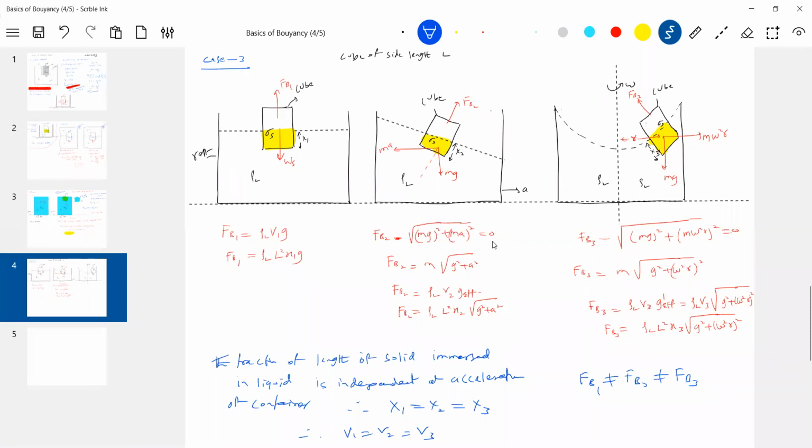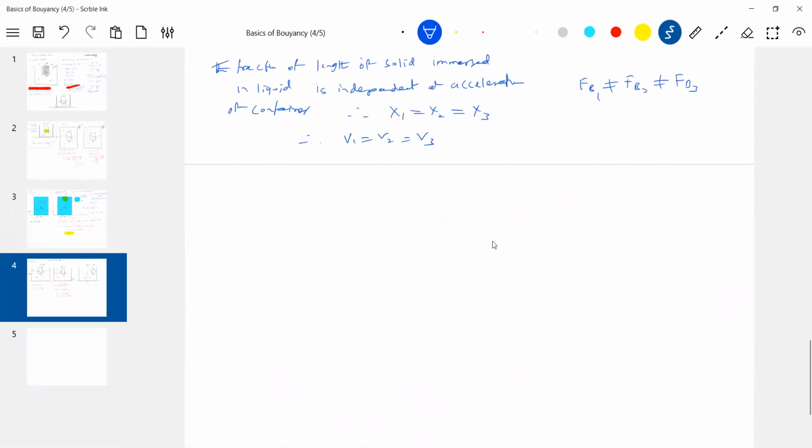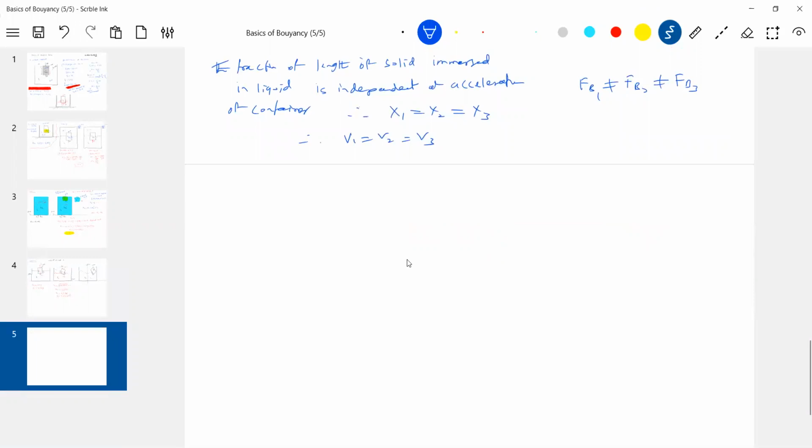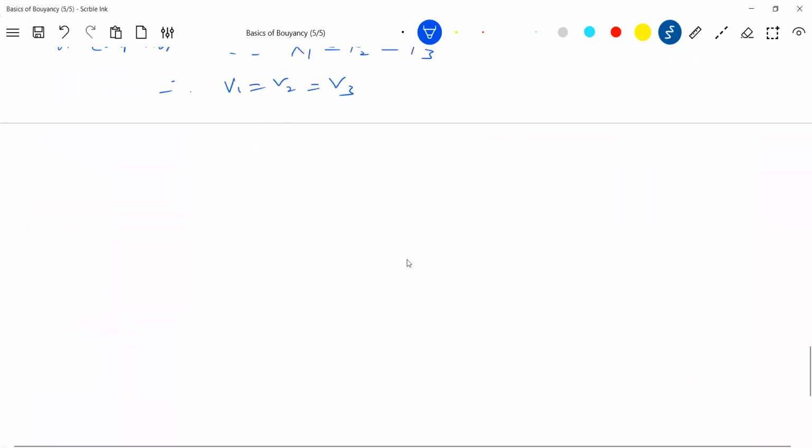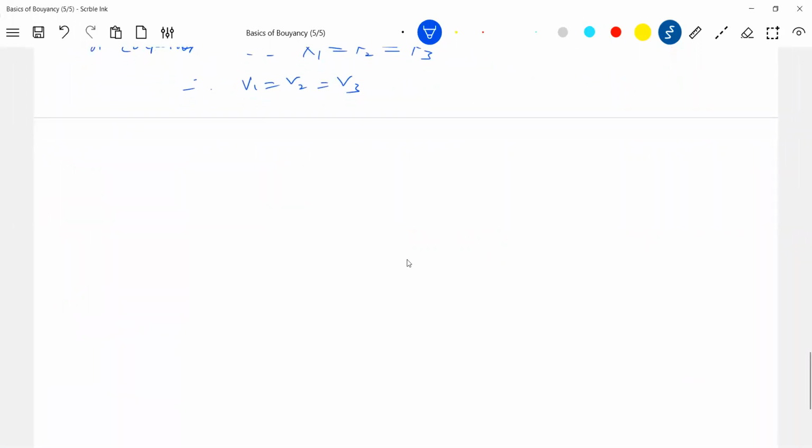I just wrote g effective. I think that is enough, no? Okay, let's go to the next one. We have to analyze all the cases first here, so that in numericals we can manage with the